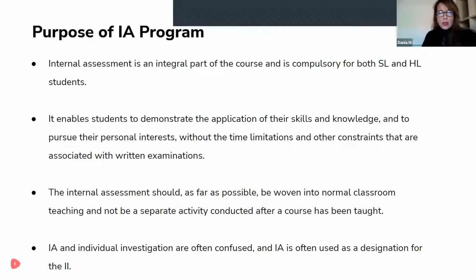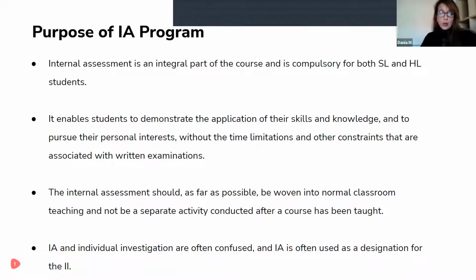Normally this is done throughout the 2 years. Whether you're standard level or higher level, the students are all graded and assessed in the same way, required to do the same type of work, and required to develop the same types of skills. Ideally, these skills should be developed throughout the 2 years. It's a science course after all. It's not just about meeting a certain IB exam deadline. It's also about students developing skills in this